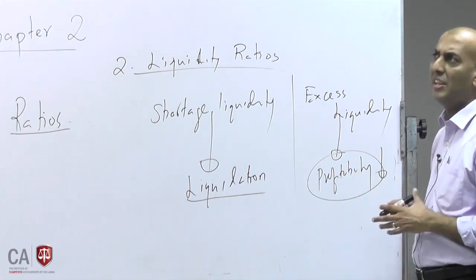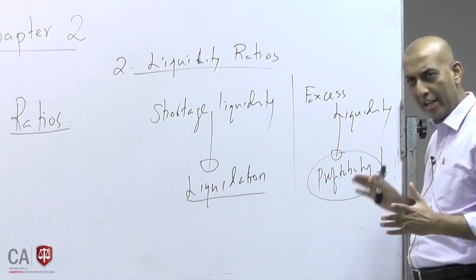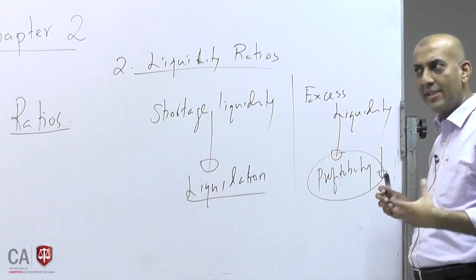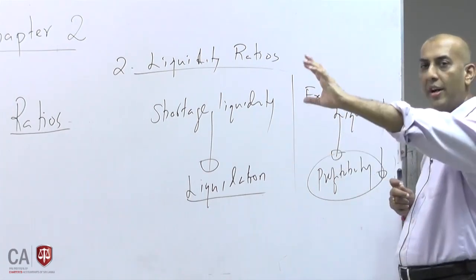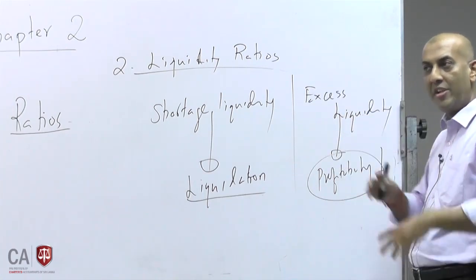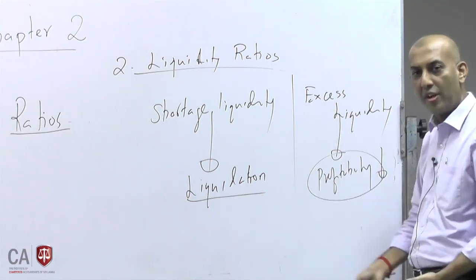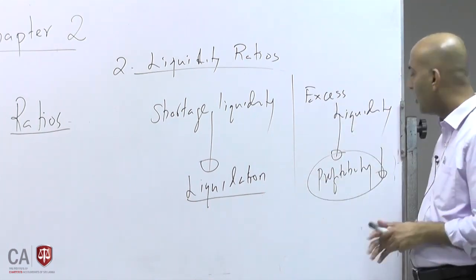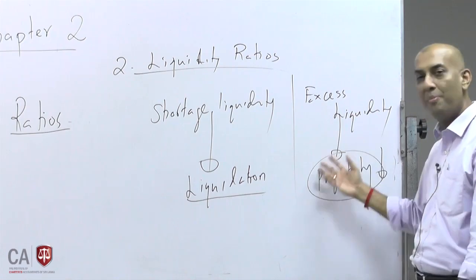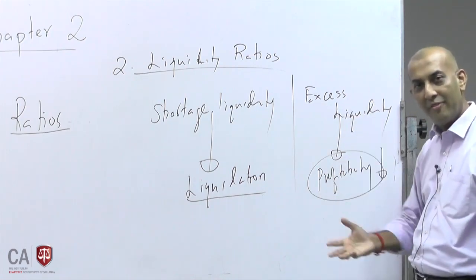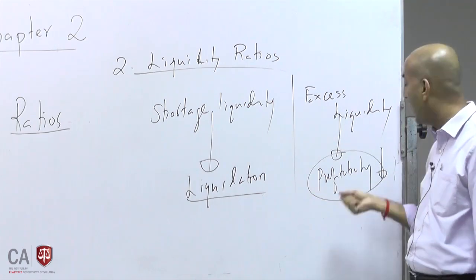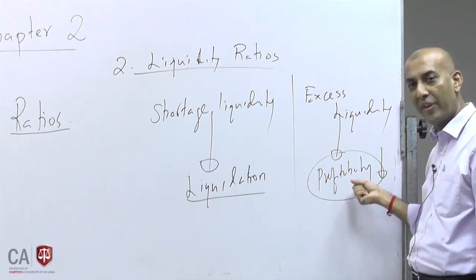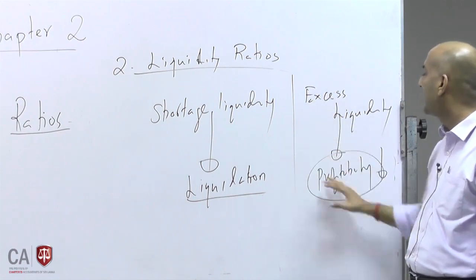So shareholders will see, okay, this company has enough working capital, but my monies are tied up unnecessarily. To pay 1 rupee of liability, you have 3 rupees of assets. You have enough inventory, enough debtors, enough bank balances. All that will result in my profitability coming down. Why? I am holding something which is not required, and there is a holding cost which will reduce my profitability. So please note, this is excess liquidity.